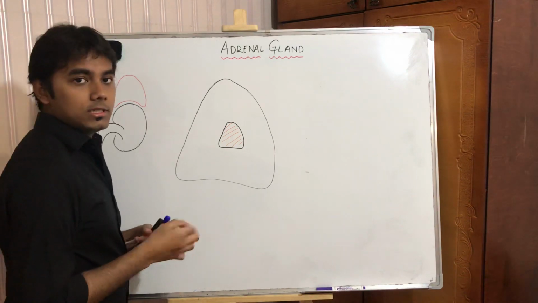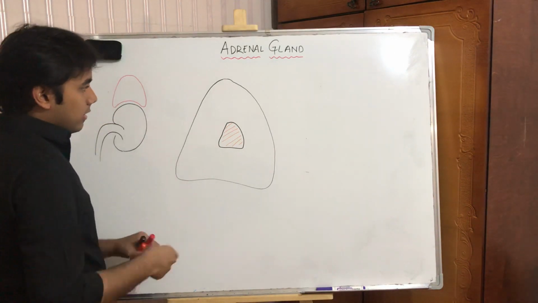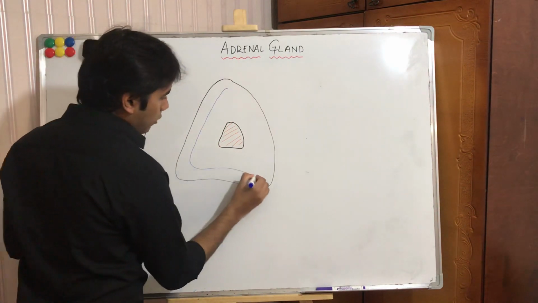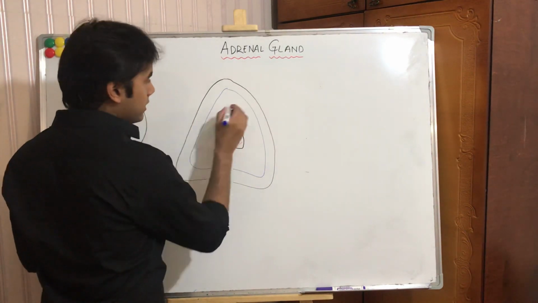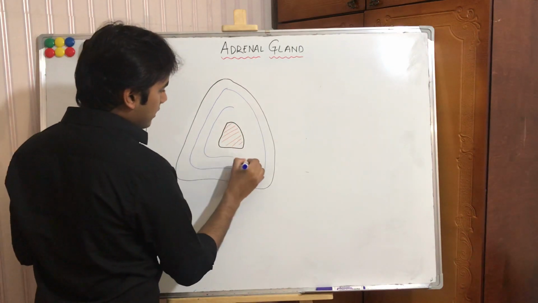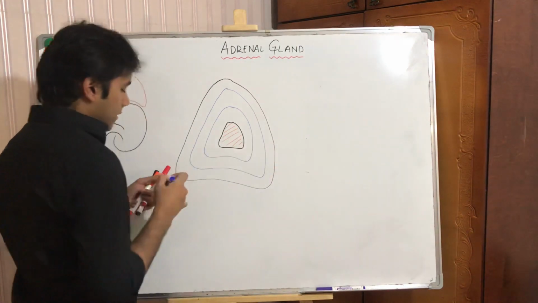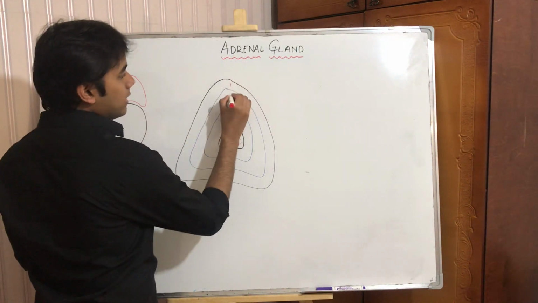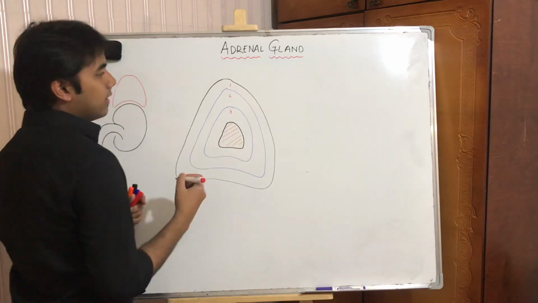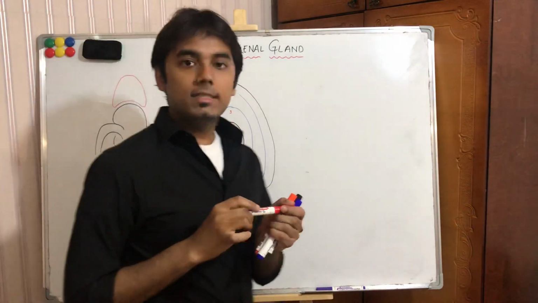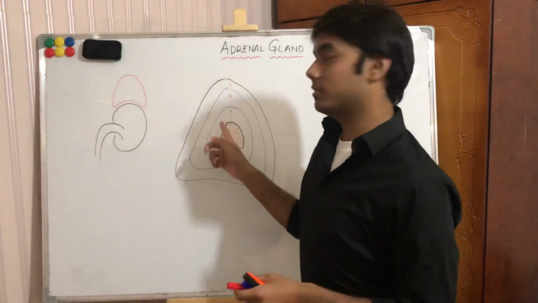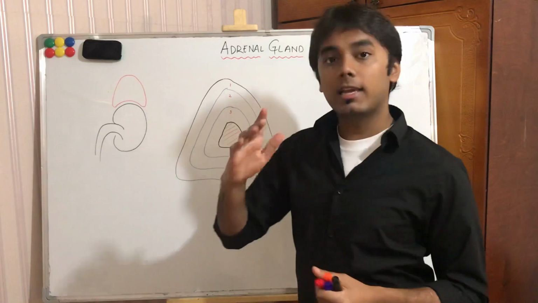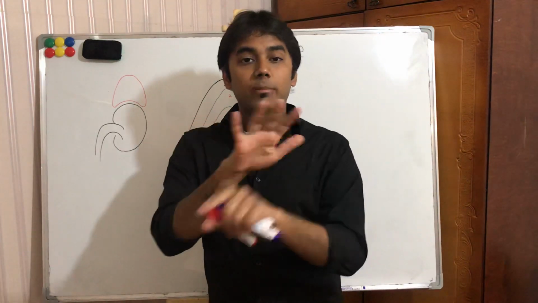The adrenal cortex is divided into three layers. So this is your outermost layer of the adrenal cortex, and this is the second and the third layer. Look, this is your first layer, the outermost layer, this is the middle, and this is the third layer. Now the important thing is, the examiners will confuse you in these three layers, because the three layers are named differently and at the same time secrete three different types of hormones. So they may jumble and confuse you.